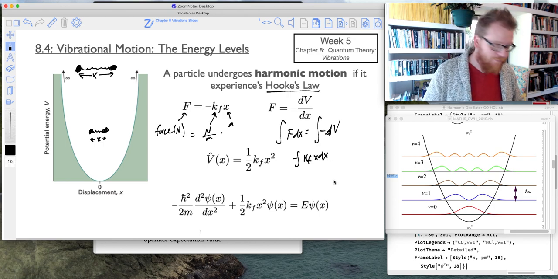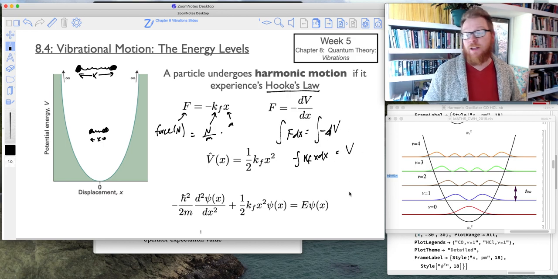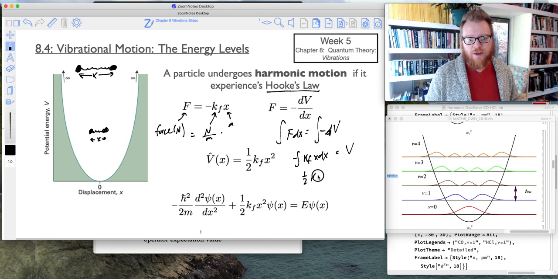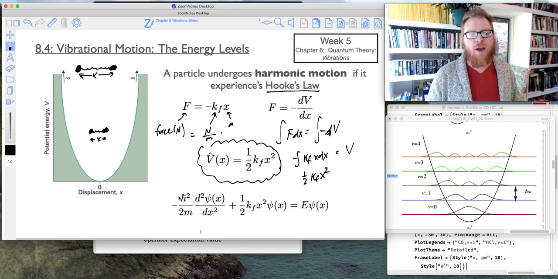The integral of dV simply equals V. Now when we integrate this, this is where we get the 1/2, so the negative signs cancel. This is where we get 1/2 kf x squared, and that's going to become our potential energy operator,